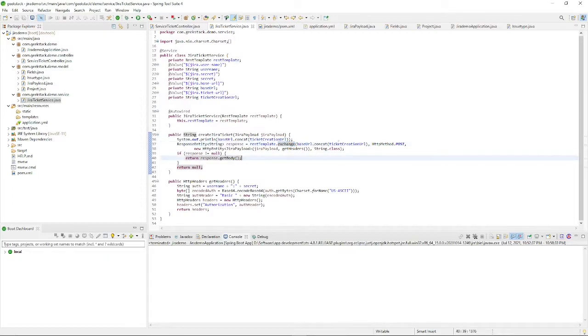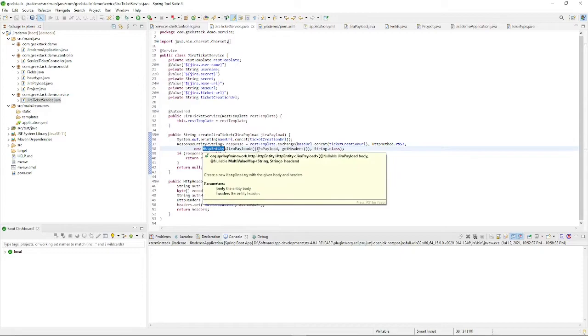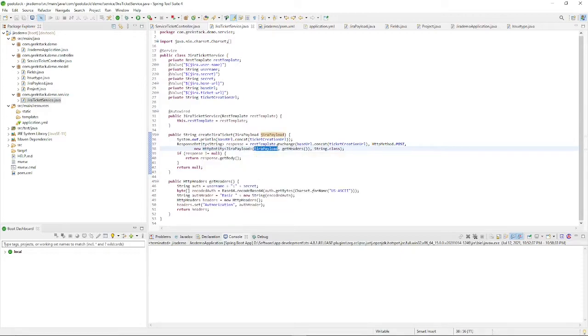Now I am making a call to the API using this exchange method by passing this URL, the method type and the payload. This is the HTTP entity. This HTTP entity accepts two things: one is the payload, the body part, and the other is the header. What does this header contain? In the previous video we saw, when making the calls using Postman, we are passing the authorization object, which is a basic auth type.